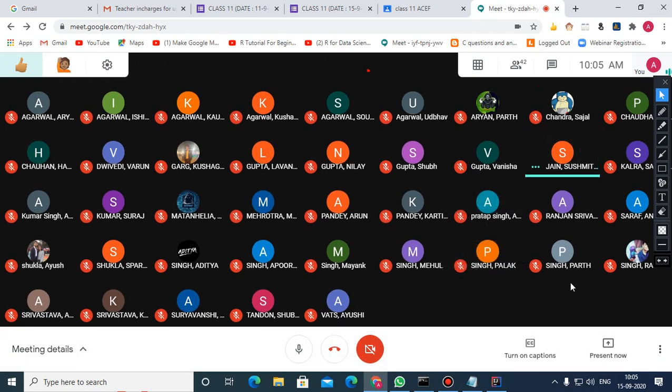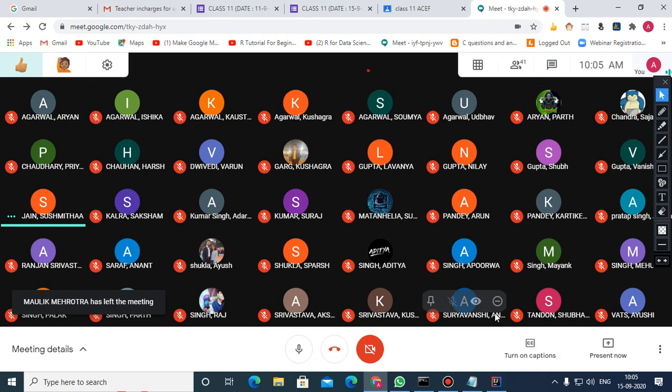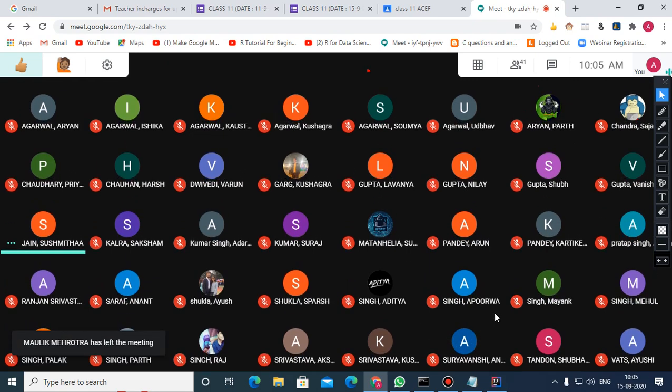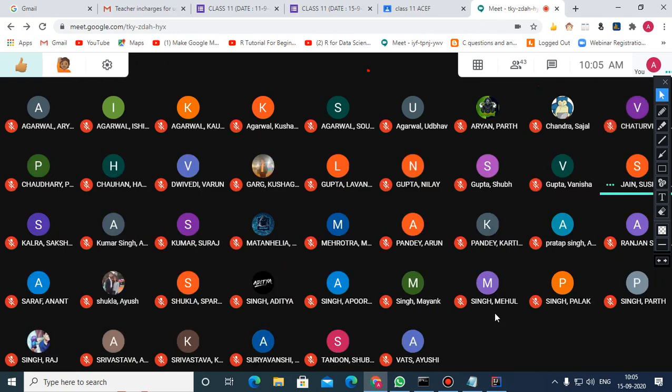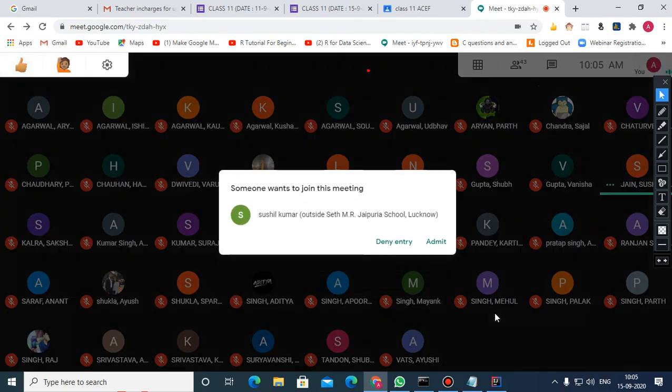So if you write a statement like import java.util.asterisk, then it is an instruction for the compiler to import all the classes of the util package for that particular program. And there are so many classes in this package.